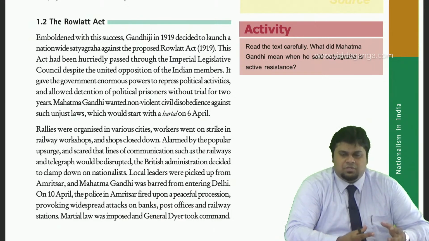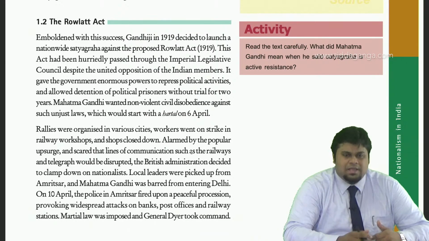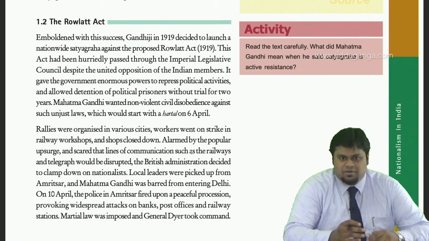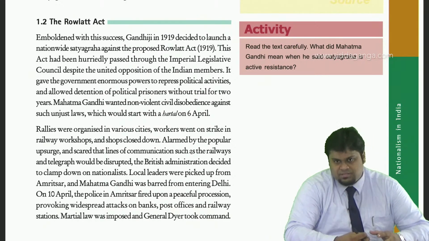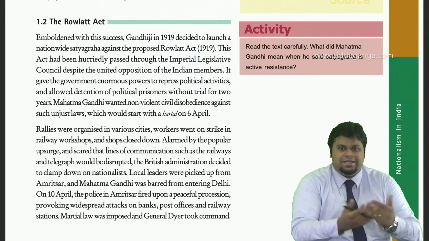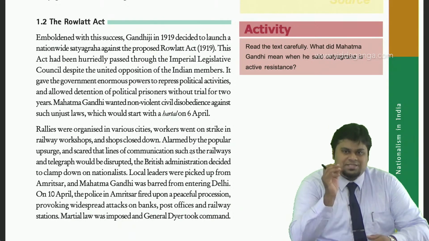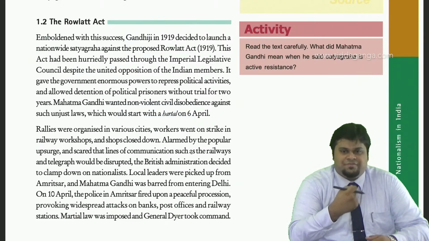So this is how the Rowlatt Act, which actually came into existence because the government wanted a lot of power to suppress the political activities, that is any kind of freedom struggle, and also made sure that they are able to detain the political prisoners without presenting them in a court or giving them a trial for the period of 2 years. So Mahatma Gandhi found this as a very apt opportunity to instigate and to start a non-violent civil disobedience. Now, civil disobedience is the entire population not following the orders of the government. So such kind of civil disobedience against such unjust law would begin by means of a Hartal on 6th of